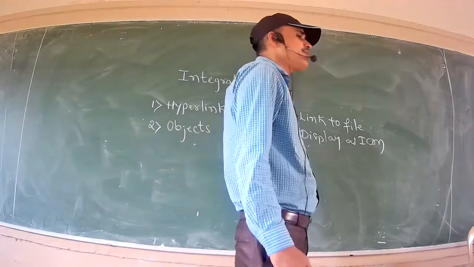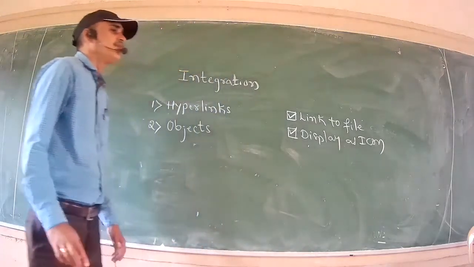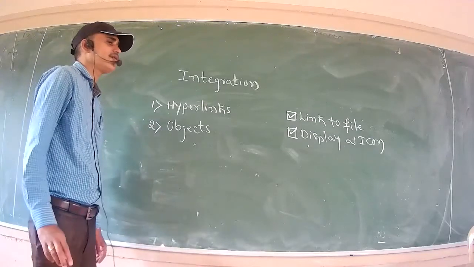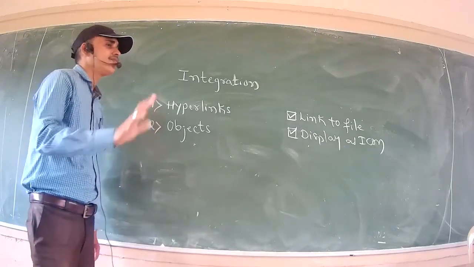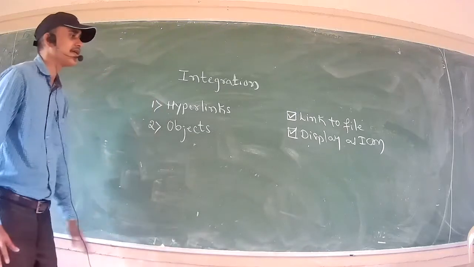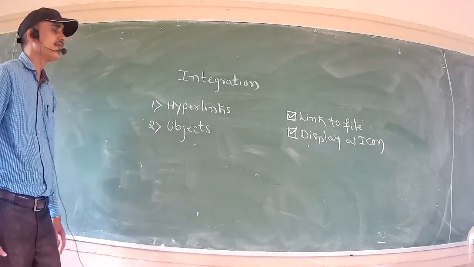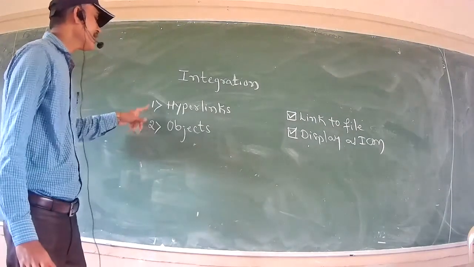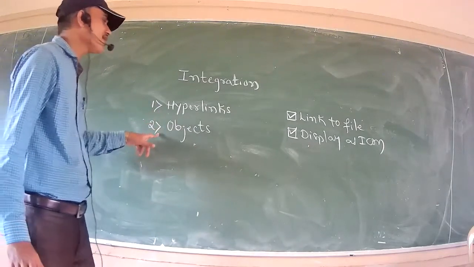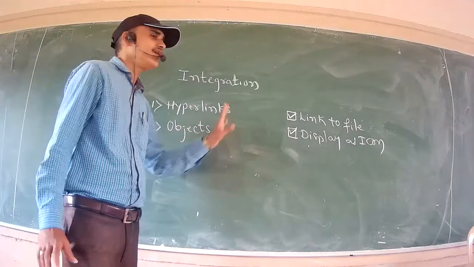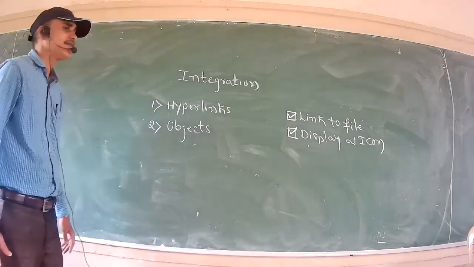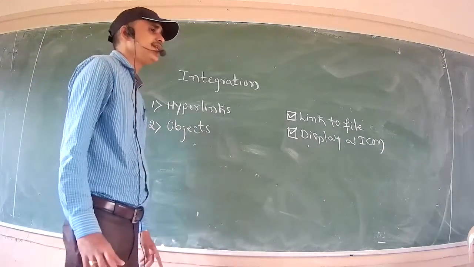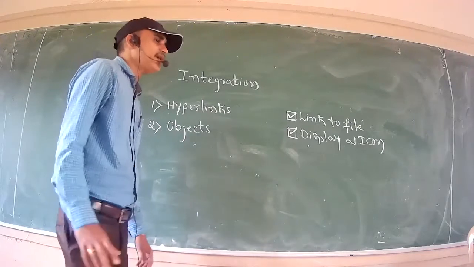If you want to play it, for example if you have inserted an audio file, just double click on that particular icon. If you want to play the media file, double click on the inserted object. Automatically it starts playing in the Word document itself. This is how it is possible to insert either hyperlinks or objects such as graphical files, audio files, or video files having the extensions .mp3, .mp4, .mpeg. These are the extensions of the media files.